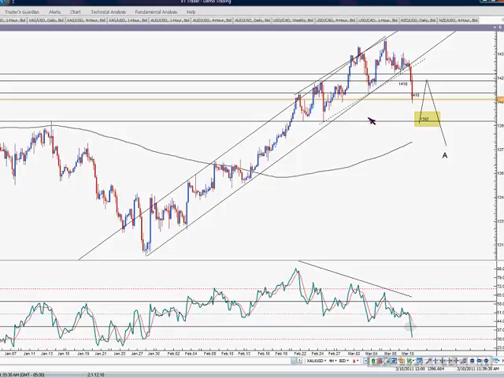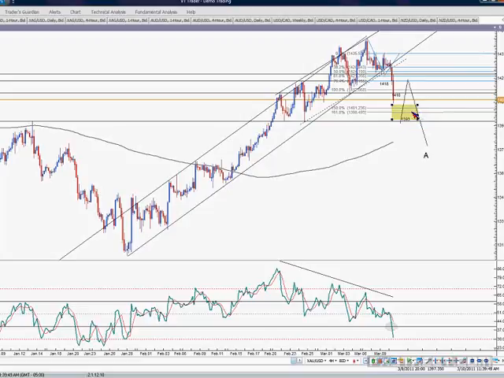Okay, so 161.8. Now we might even anticipate some support here at 1398.50. Okay, so look for some support here and see if the swing back up can break above 1423. If it can't, then we're looking at a larger correction that could go either in price coming down or in time going sideways. Okay. All right, so that's gold.